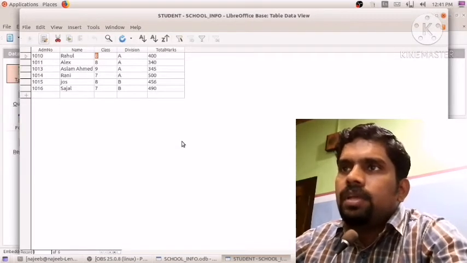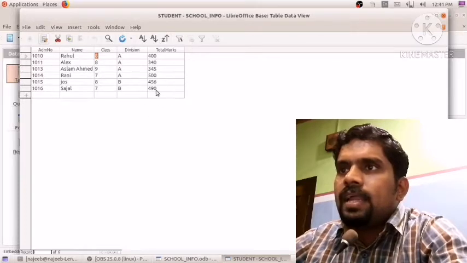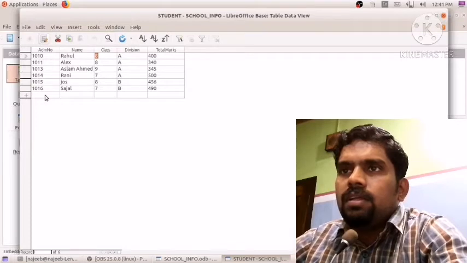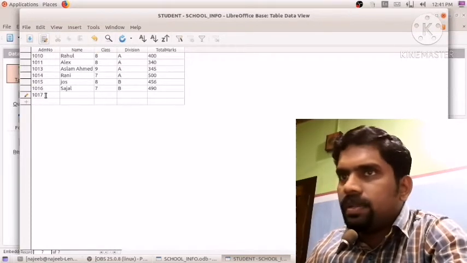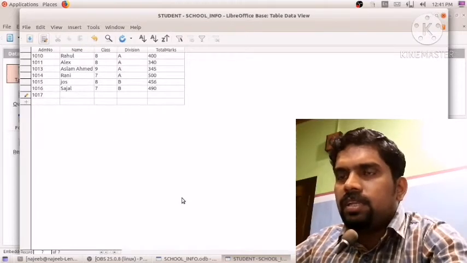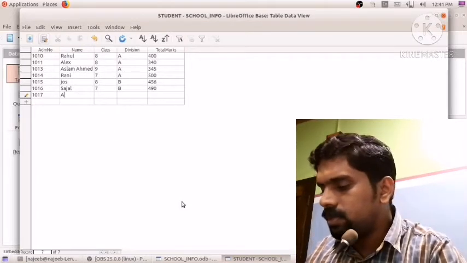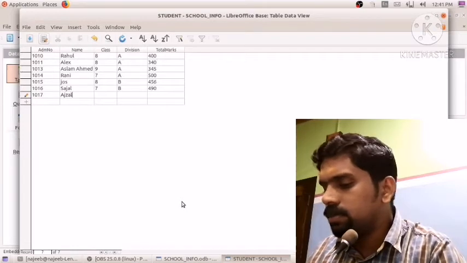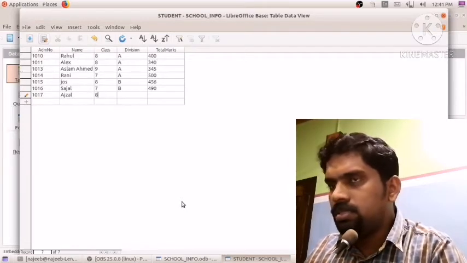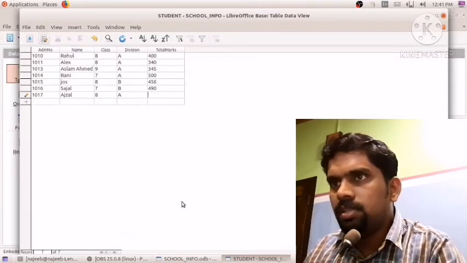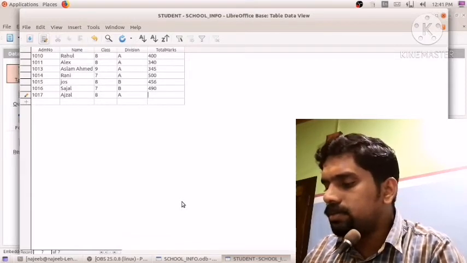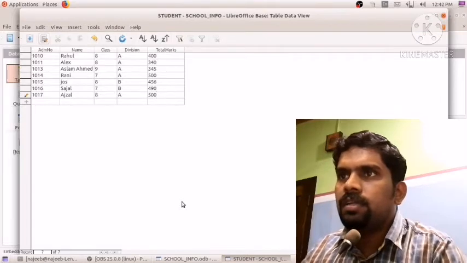Today we can add more details to that. By clicking here, we can give 1017, then a new name, Ajzal, in 8th standard A, with total mark 500.